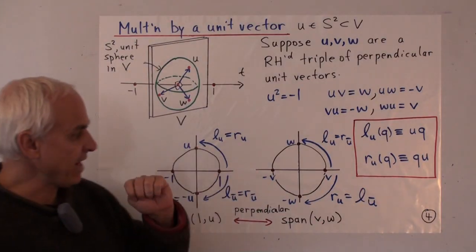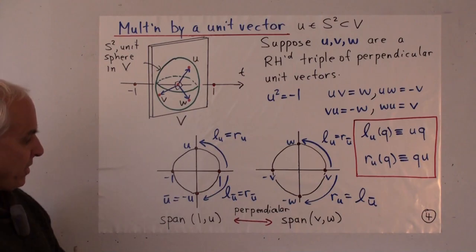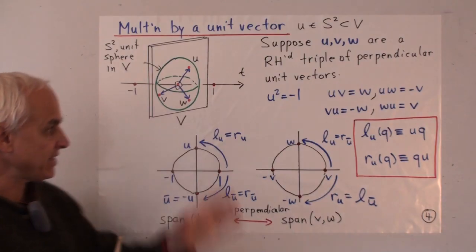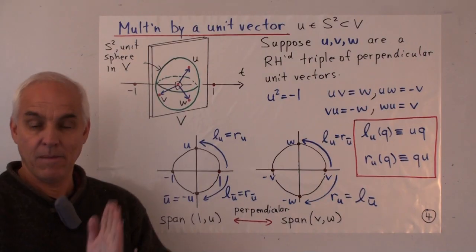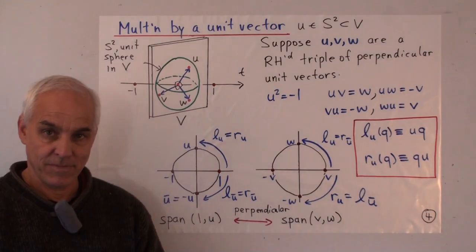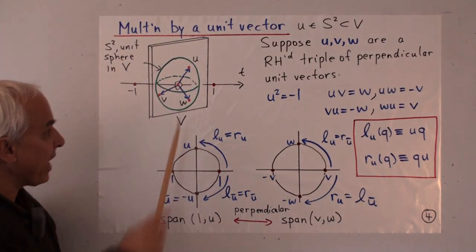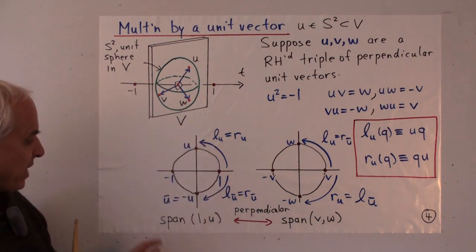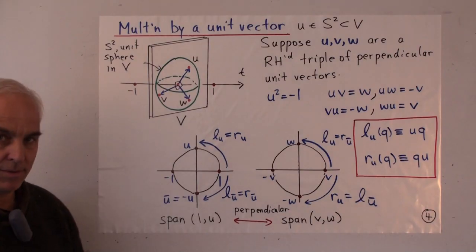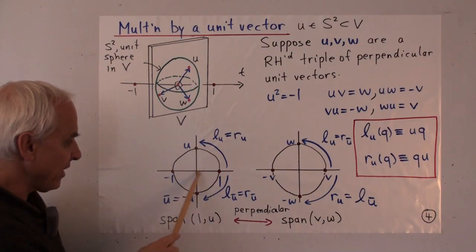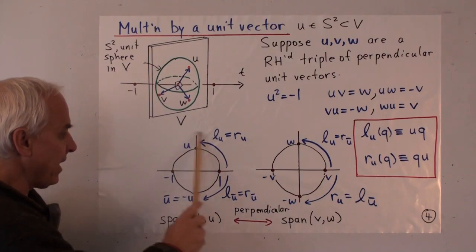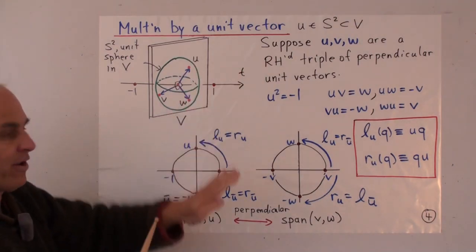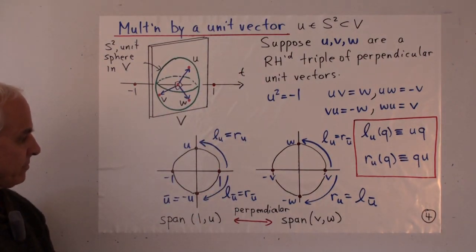And I want to visualize that in the following way. We're going to think about two-dimensional planes. So inside this four-dimensional space, we're going to think about two planes, which are actually two-dimensional. The first plane is the plane spanned by 1 and u. So here I'm showing you that plane. It's the span of 1 and u. We're going to forget about the other vectors. There's the vector 1, there's the vector u, and anything here is a linear combination of 1 and u. So it's kind of a slice in this direction of this four-dimensional picture.